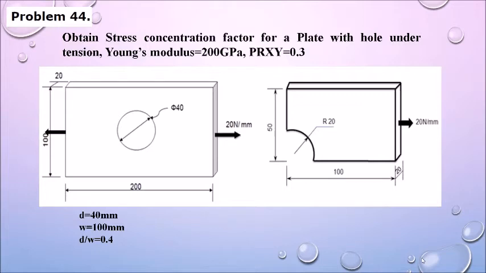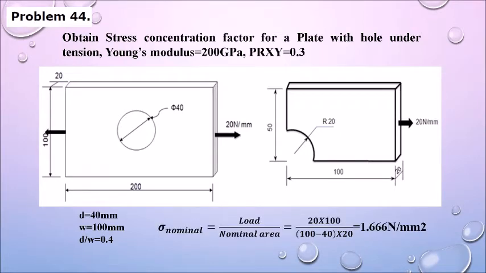Thickness is 20 mm as given in the problem, and when I use symmetry, I have to give a symmetric boundary condition on the edges where it is symmetric. Appropriate boundary conditions should be given. Now we have to model this as a plane stress with thickness problem. We are not actually creating the thickness, but we will include the thickness value as a real constant in ANSYS.